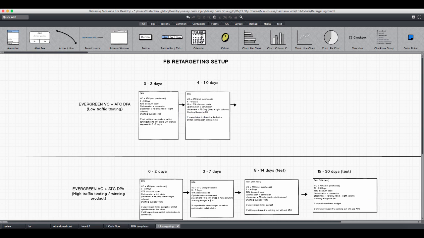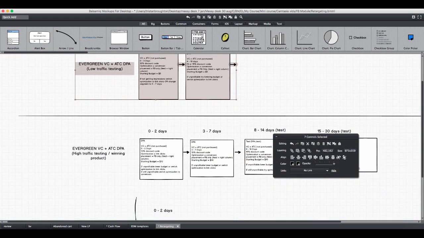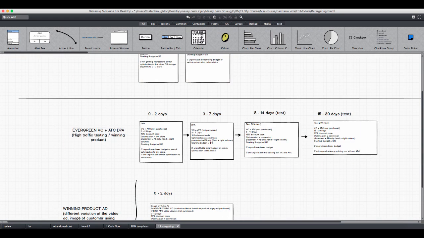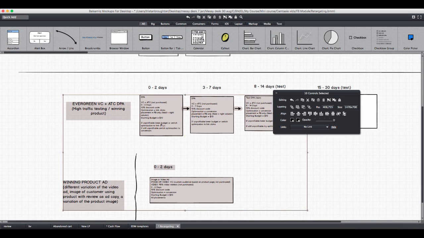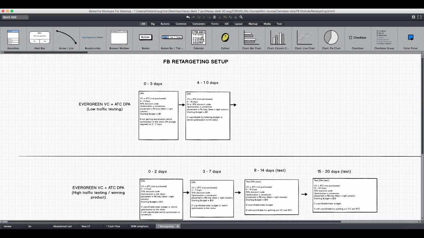So if you're still in the testing phase, you can go ahead and set this up. You'll probably get a few sales each month from it, but it's not going to really move the needle. This here will move the needle, and this will only work if you have a good amount of traffic to your site, so you have a winning product that you're trying to scale. But anyway, I'll go through